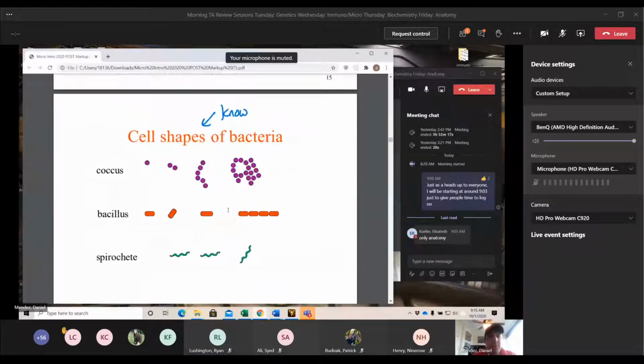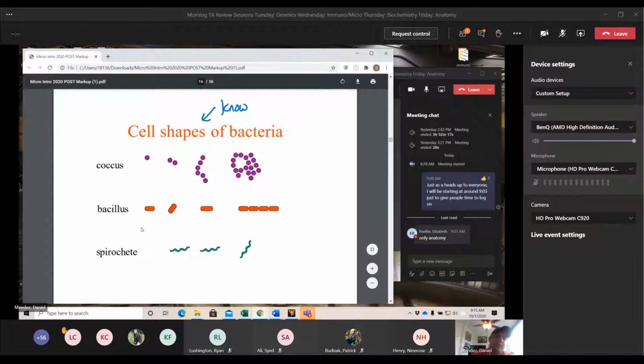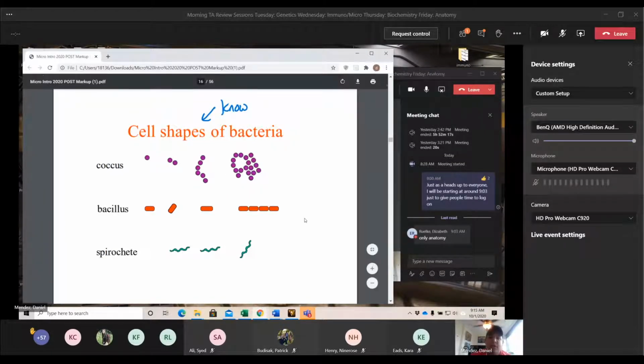Definitely make sure you know these examples of these cell shapes. So you have the cocci, which are just round. Then you have bacilli, which are rods, and then spirochetes, which are just a spiral morphology. It's important to know these because these terms are going to be used in question stems, and you need to be able to think in your head what it might be referring to. Also, the cocci are not always purple, and the bacilli are not always red. We're going to get into the gram staining techniques in a little bit that you need to know, but make sure to know that these colors are interchangeable throughout.